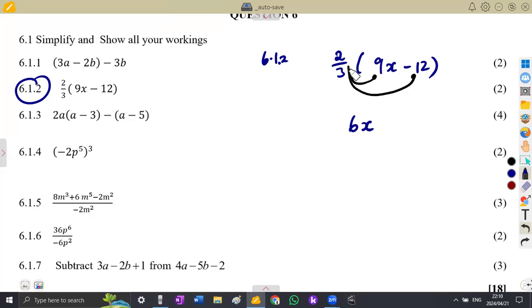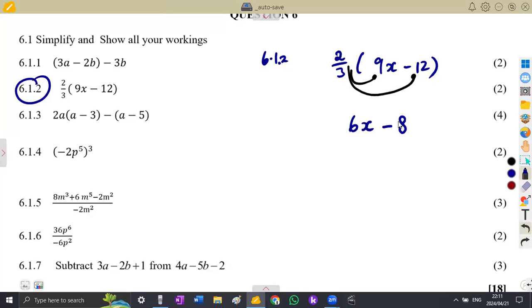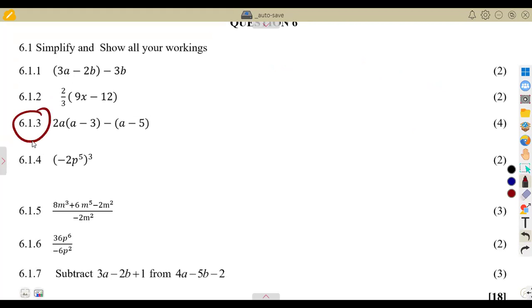The same thing, the 2 over 3, remember, it must also multiply minus 12. So on your calculator, also this must multiply minus 12. So what are you going to have? That's a minus 8. So you are going to have 6x minus 8. These are unlike terms. We do not have x here. So there's nothing that you're going to do. It is done. It is done. There's nothing that we can do. All right, the same thing,